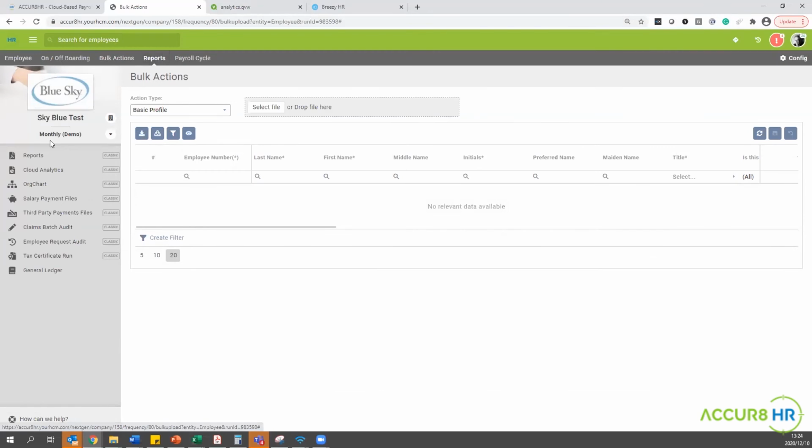Reports, we've had a look at the different types of reports, the analytical reports. Org chart is one of those add-on modules. And what it does is it gives you a visual representation of your organizational structure. So any change that you effect in your company will then pull through to this specific module, and it will show you those different